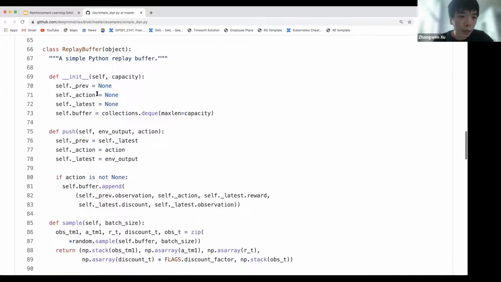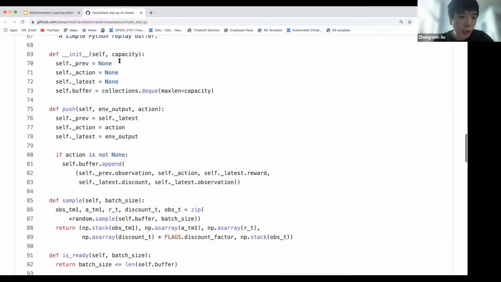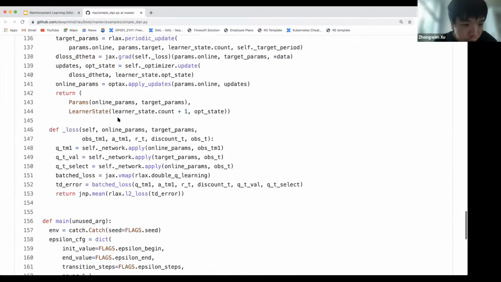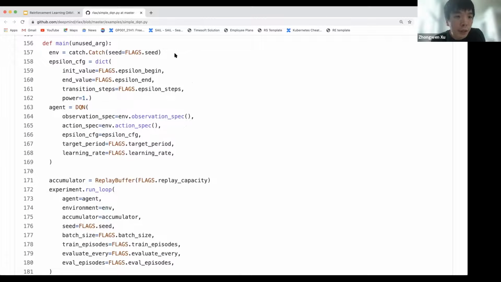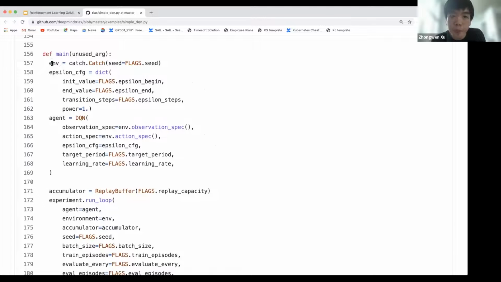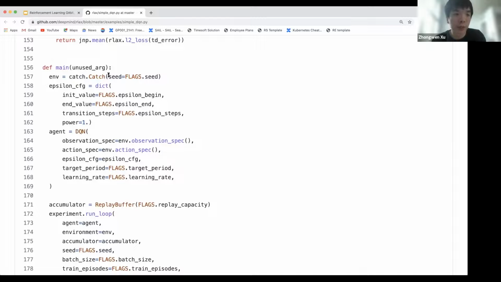And then, yeah, probably let's go from the training loop first. So the first one is to obtain the environment, which in this very simple example, they use a very simple environment called